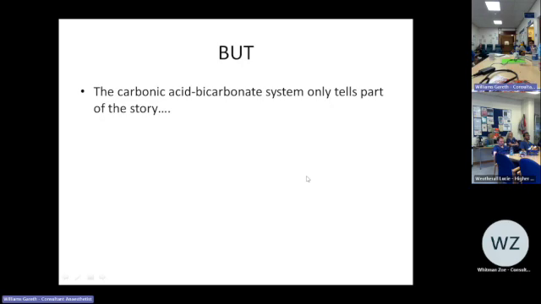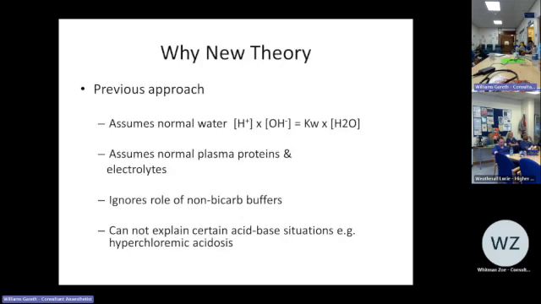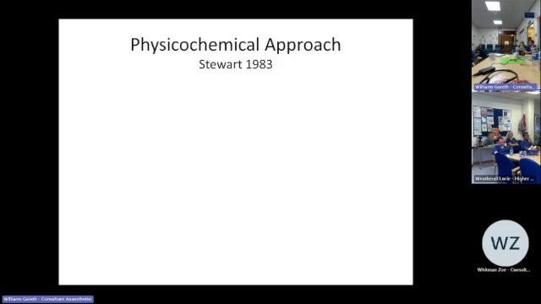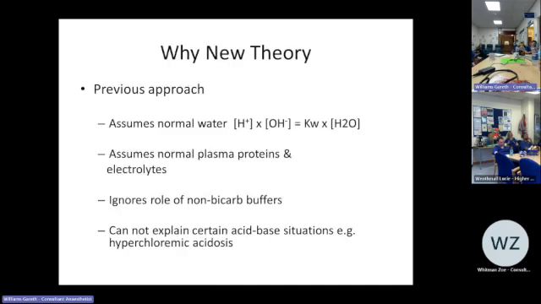The carbonic acid system doesn't tell us the whole story. We've been alluding to this for some time. So it is not new. The Stewart theory has been around a long time. I think I'll see on the next slide, around 1983. He was a physical chemist who got into this. And there's a few things that we ignore in the carbonic acid system. One is we ignore